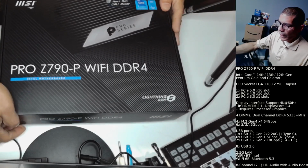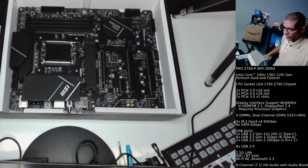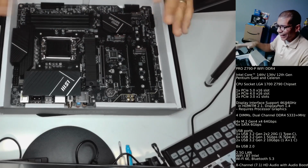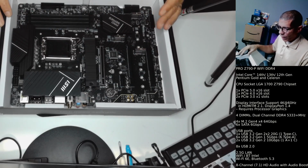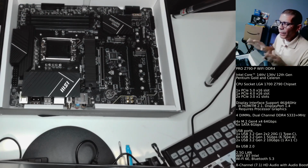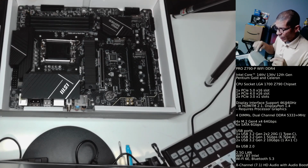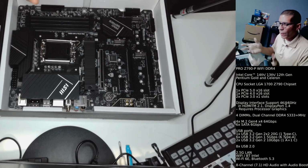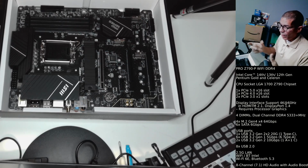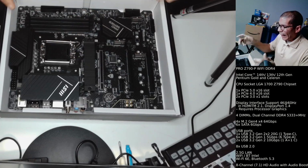Okay, so let's go ahead and open up the box. Yes, this will probably come in an anti-static bag, but I just didn't want to wrestle with it and stuff like that. Now, very, very important when dealing with computer parts that you're going to be handling, and that includes even memory chips, or any video card, or any card, and the motherboard, of course. Any component